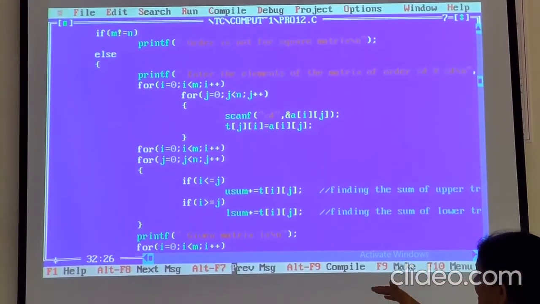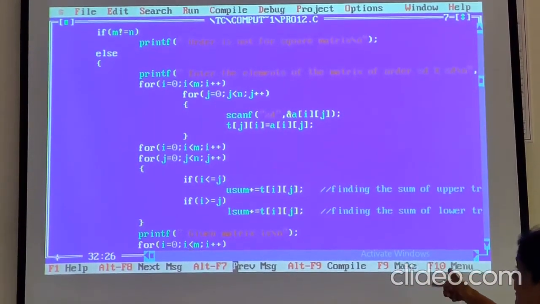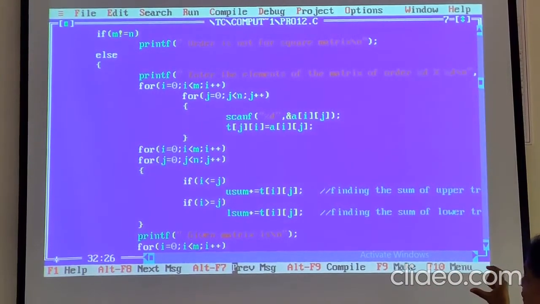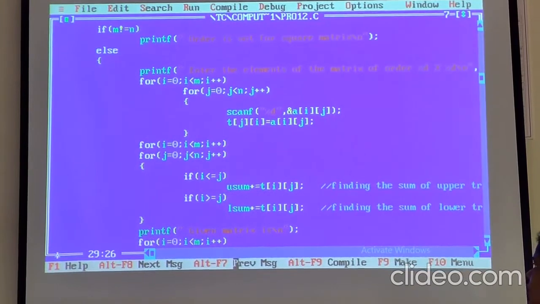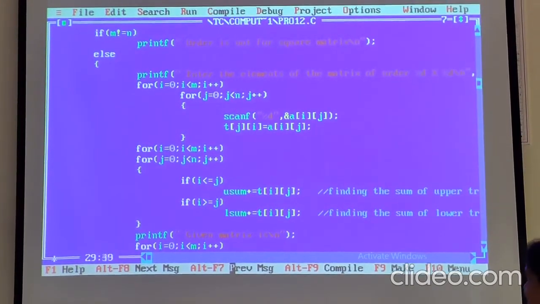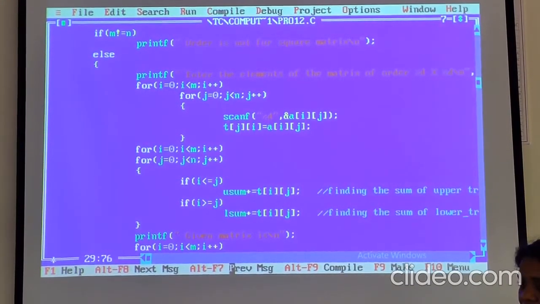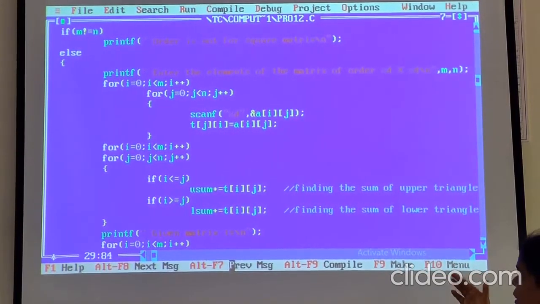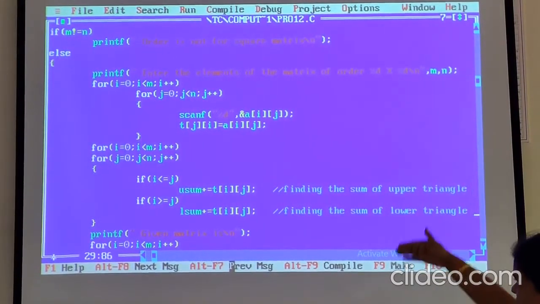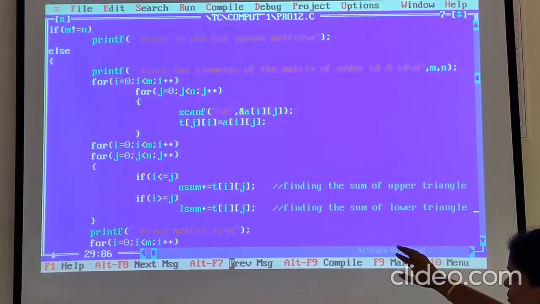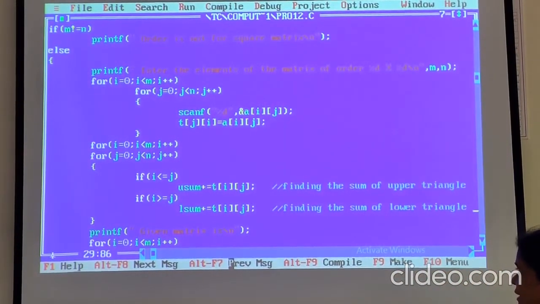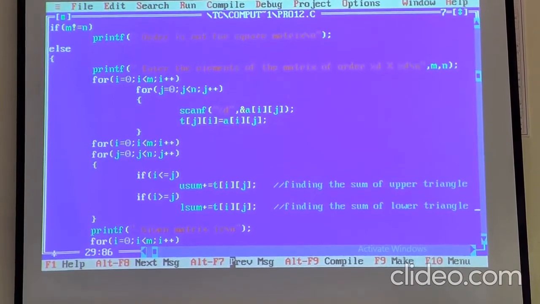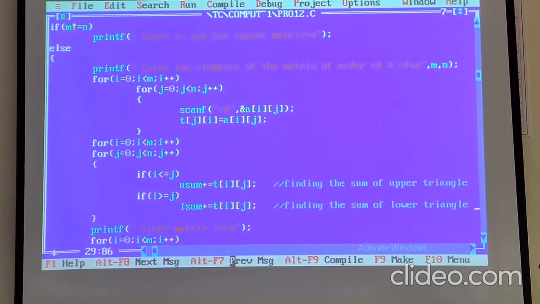After doing that, we get the transposed matrix and we find the sum of the upper triangle elements and the sum of the lower triangle elements. The logic is very simple. To find the upper triangle elements, i is always less than or equal to j. We are using two for loops for every row and column, and we test the i and j values. If i is less than or equal to j, it must be an upper triangular element, so that is added.